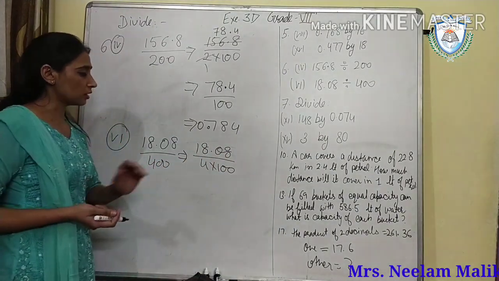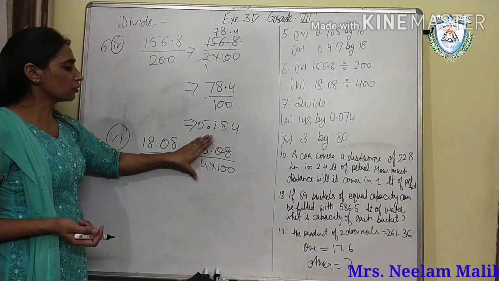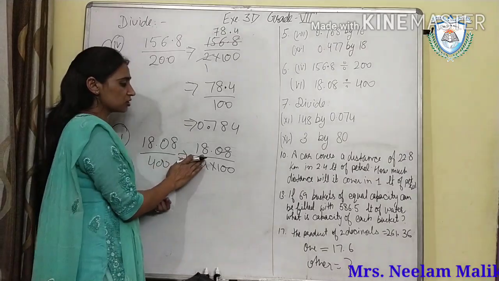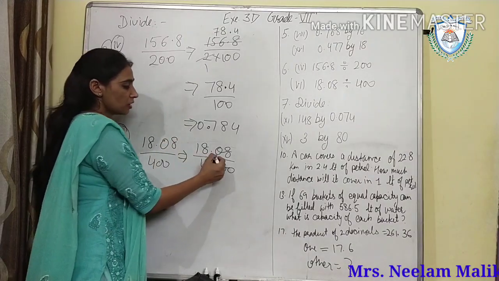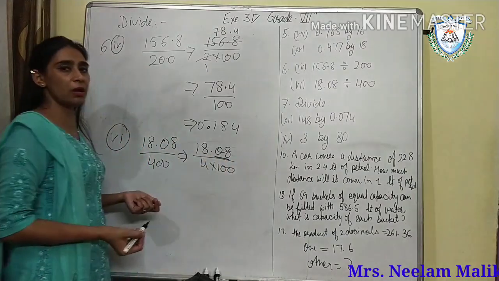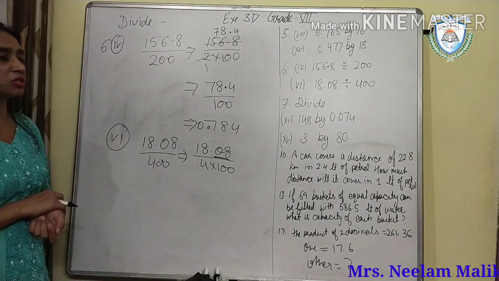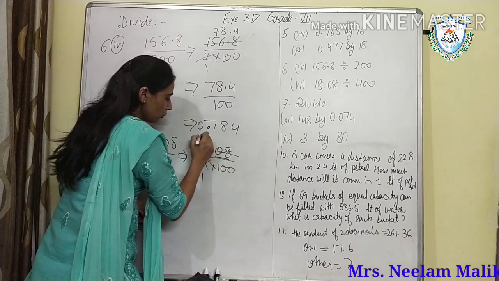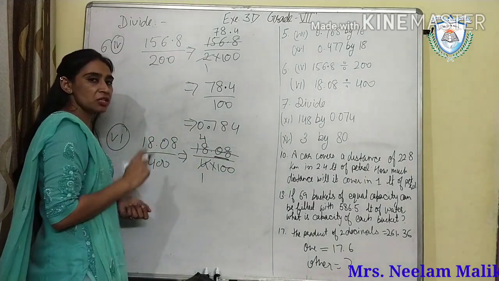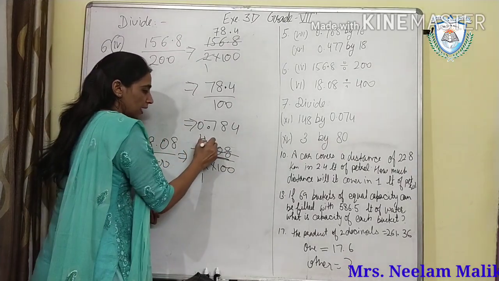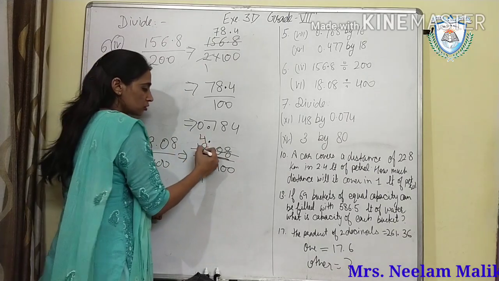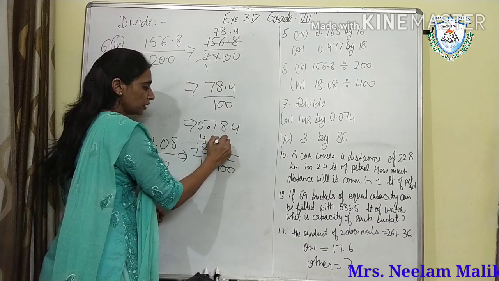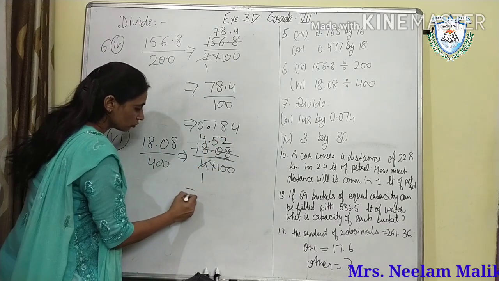First check whether they are divisible. They are divisible by 2, but we first check for 4, whether this number is divisible by 4 or not. Yes, the last 2 digits are divisible by 4. That means the complete number is divisible by 4. So now you can cut this. 4 1s are 4, 4 4s are 16, 2 will be left, and the point will be there. Now 4 5s are 20, 4 2s are 8.